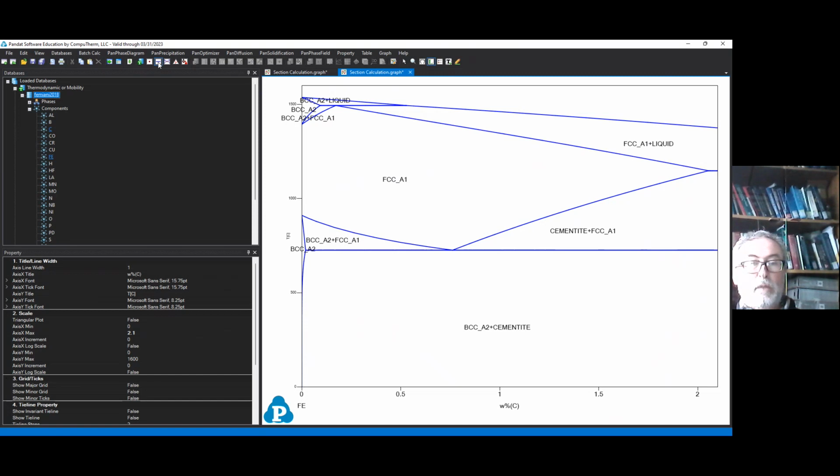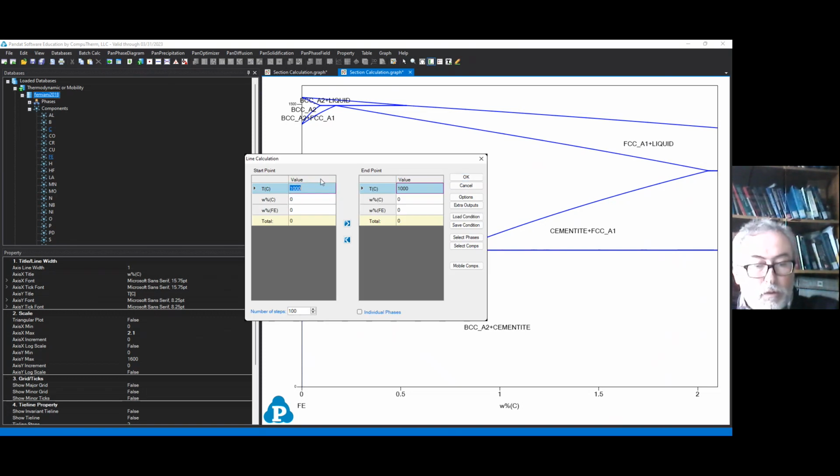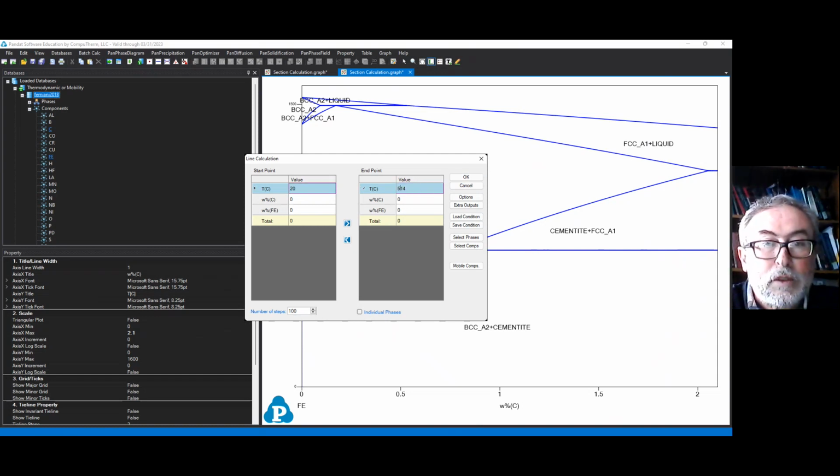And let us assume that we will make a calculation for a steel with 1% carbon here, going from 20 Celsius degrees to 1520 degrees. So carbon 1